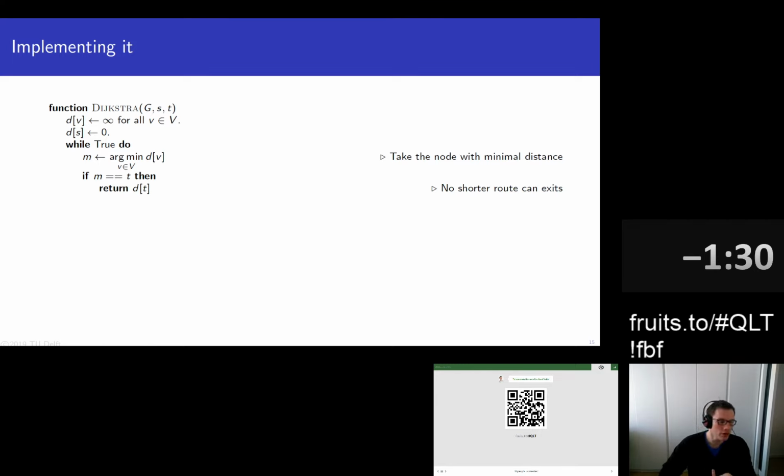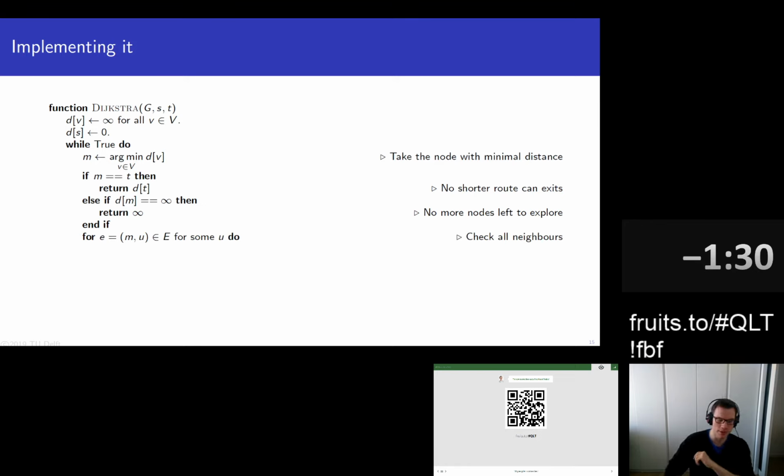Now, if this is the vertex I'm looking for, great, I'm done. Because what Dijkstra ensures us is that every time we take the closest node, there is no way of ever finding a route that is shorter to that node. If it's not, and if the distance is still infinity, right, so it's not our target, but the thing I got out has a distance of infinity, then there's nothing else for me to explore. I haven't found a better way to get to this node. It's still the closest one, which means that there's no way for me to get to T.